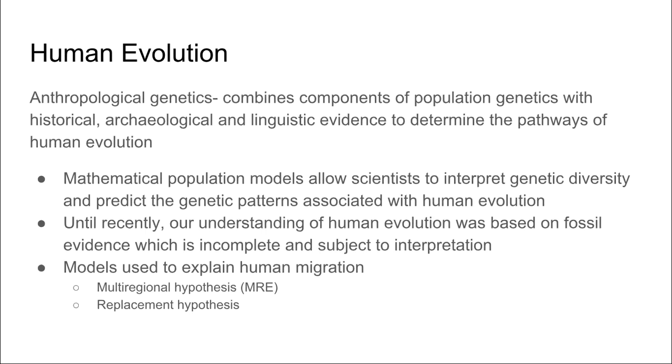When we're using these genetic tests, we can use them for human evolution. And anthropological genetics is where we combine components of population genetics with historical, archaeological, and linguistic evidence, and we can use these to determine the pathways of human evolution. To do this, we do need mathematical population models, and these allow scientists to interpret genetic diversity and predict the genetic patterns associated with human evolution. And until recently, our understanding of this human evolution was only based on fossil evidence, which we know is incomplete and subject to interpretation. So we do have two models that can be used to explain human migration